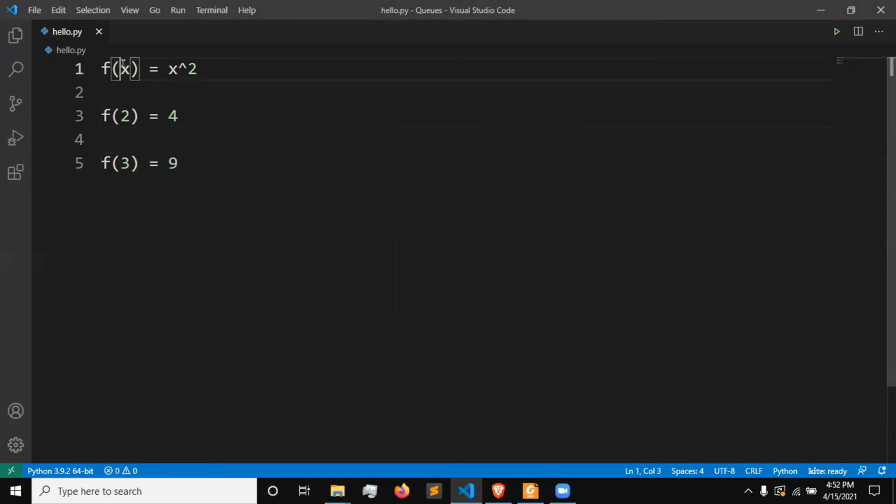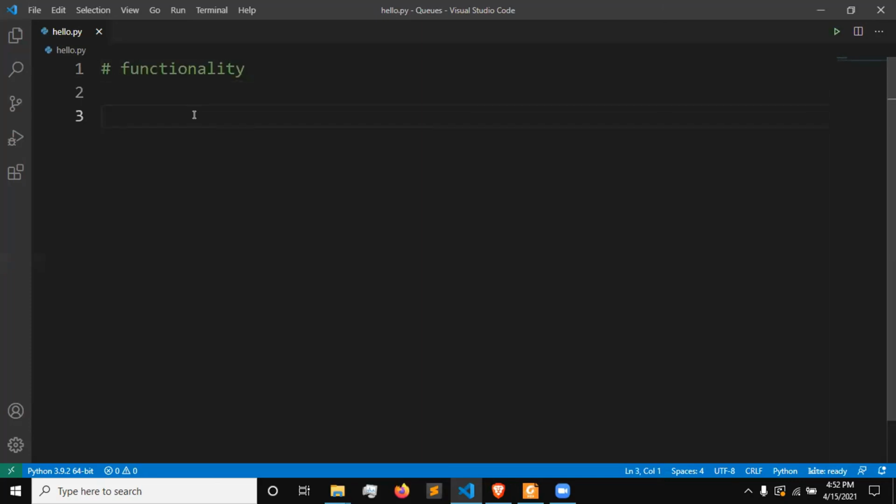So functions are basically like in maths. You see this value on the left, you substitute it with other things, and this gives you an output. Like if you put 2, you get 4. So 2 is the input, 4 is the output. If you put 3, you get 9. So this is what a function means. A function is basically functionality.